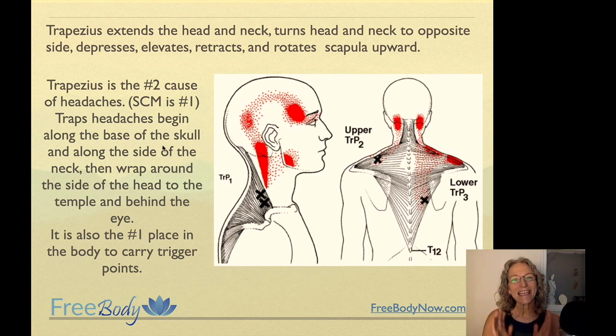And they can ache along the rhomboids line. So your clients might say, oh, I've got this aching in between my shoulder blades. The first thing you're going to think is probably rhomboids. Well, yes, and trapezius also causes aching between those two shoulder blades in the area of the rhomboids, as well as all along the top of the shoulder, as well as at the base of the skull,